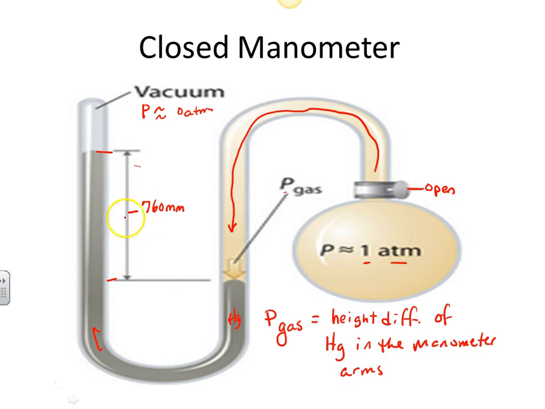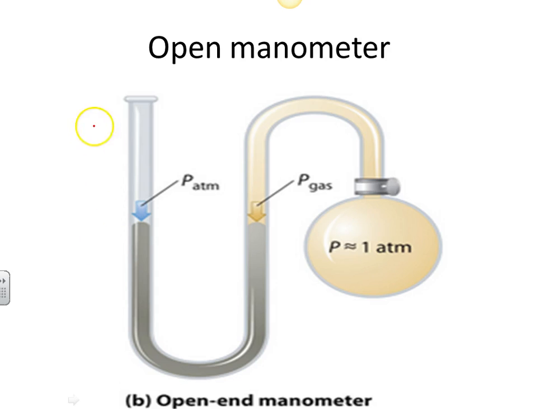Okay, so if that's 760 millimeters, then the pressure of the gas is 760 millimeters, which is equivalent to 1 atmosphere. That's the reason I chose that number. Now we also have another type of manometer, which is probably a little bit easier to produce, and that is